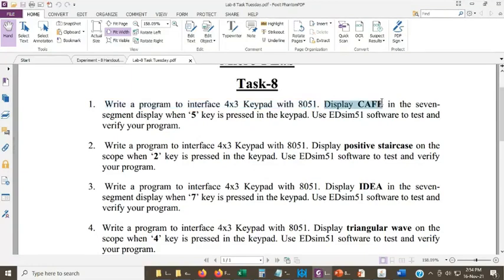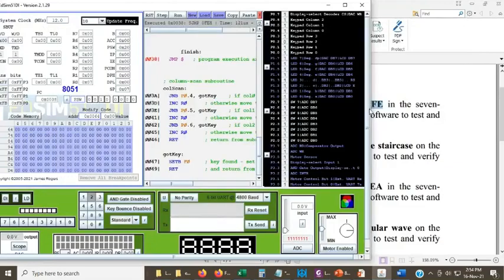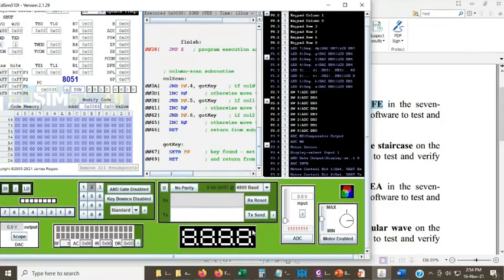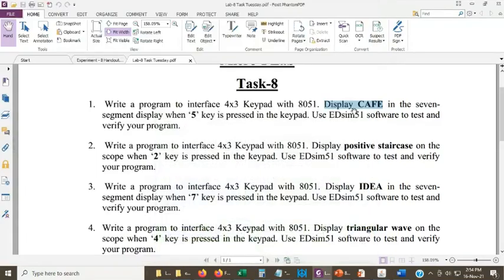Display CAFE. Cafe means you are going to use the 7-segment display, which was in the last lab. So you have to use this 7-segment display. In this you will have to print CAFE. Cafe will be displayed when key number 5 is pressed.